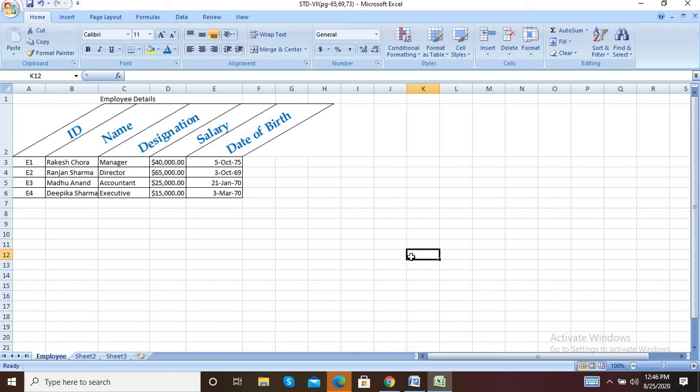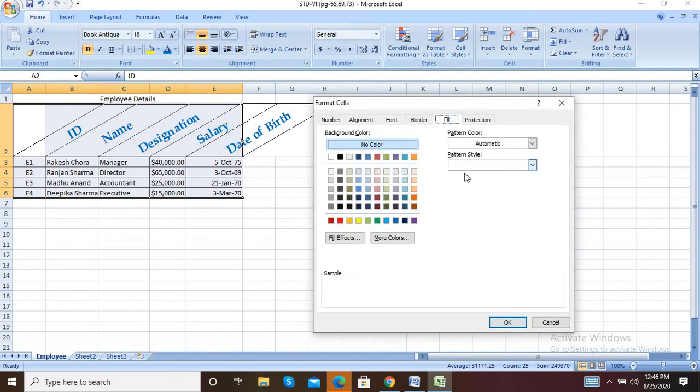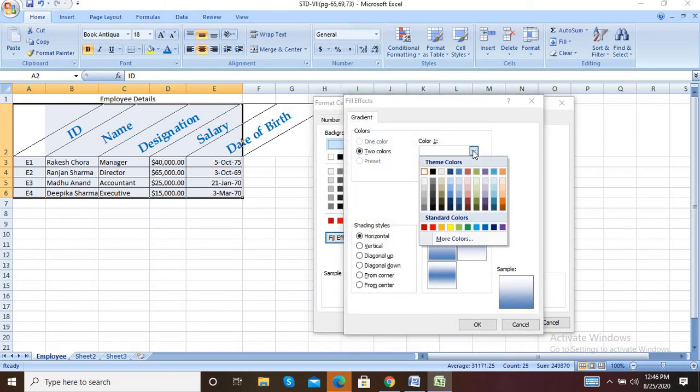Next thing is with the help of fill. So select the table again. Go to the fill and select a fill effect. For the fill effect, select two colors.